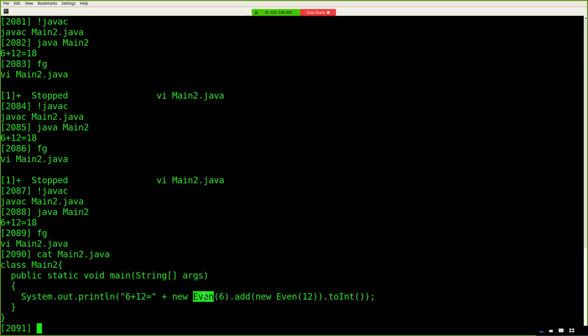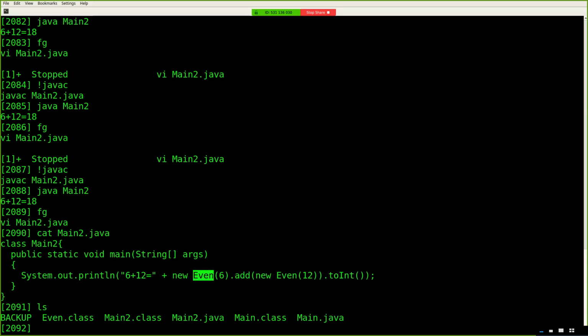I haven't shown you the code for even.java. In fact, there is no even.java in here, but there is an even.class. If you have a .java file and you compile it with javac, you end up with a .class file. That's kind of like a .o file with C programs. It's a compiled version, but we don't need to link it. Simply having this class file in the same directory in which I'm running main2 lets the Java virtual machine access this file